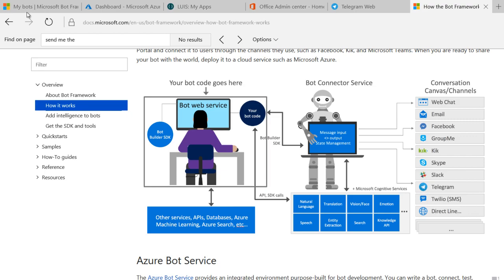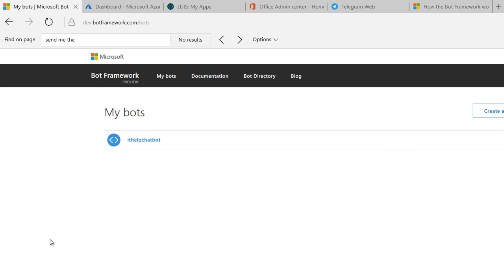Behind the scene, we have used Bot Framework. Bot Framework allows us to connect to any kind of adapters, Skype, Telegram, and so on. In this specific demo, we have used Bot Framework in order to connect to any kind of adapters like Facebook, Skype, Telegram, emails, Microsoft Teams, and so on and so forth.